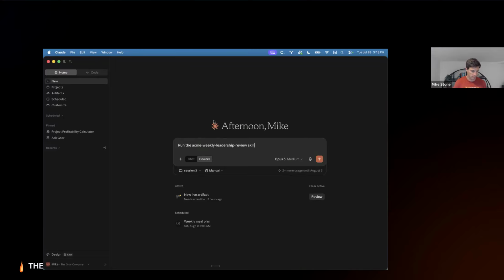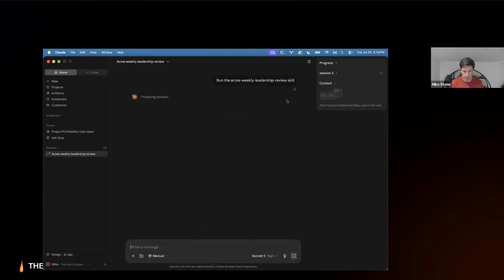I'll make this very obvious about what I want, only because I have two similarly named skills now. But in general, as long as you're describing what it says in the description, it will automatically pick that up. And I'll use Sonnet again for the sake of time.